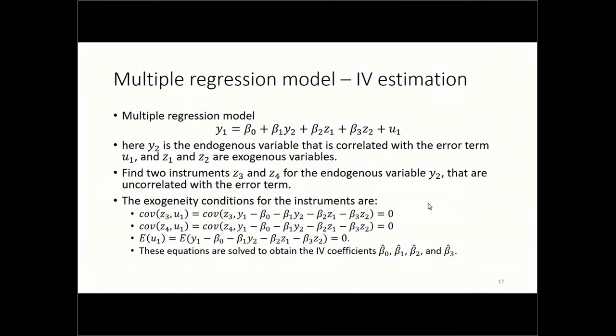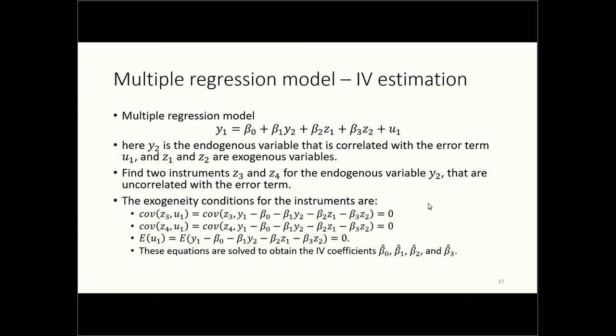So now that was what happens when we have a simple regression model with only one independent variable. So how would we do IVs if we have a multiple regression model, which would almost always be the case? I would be repeating everything we've done so far, but it's going to be a little bit more complex